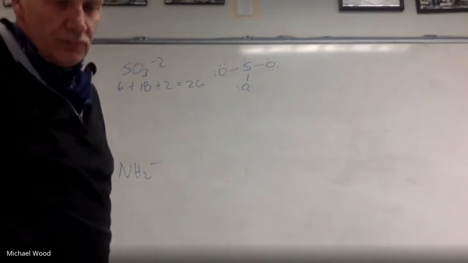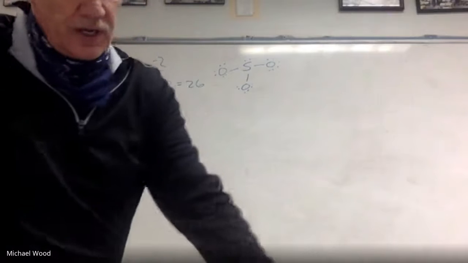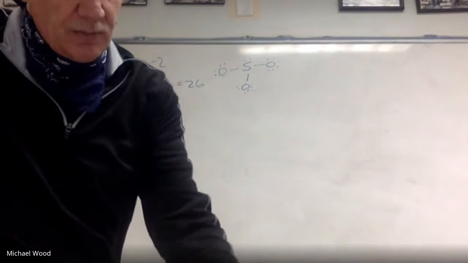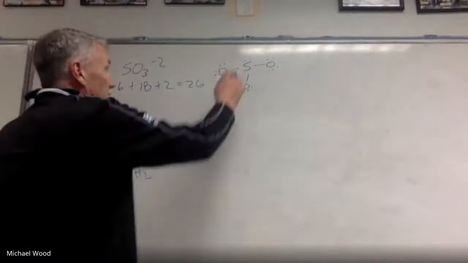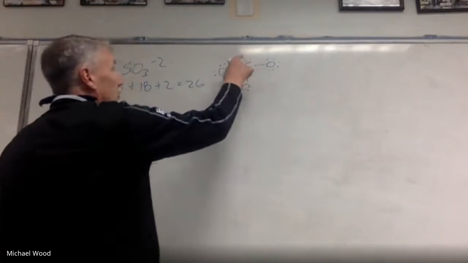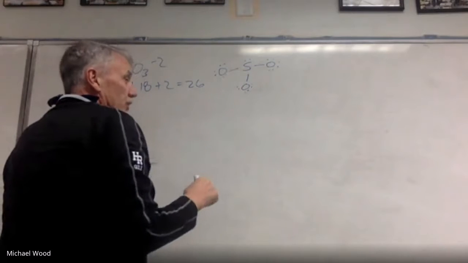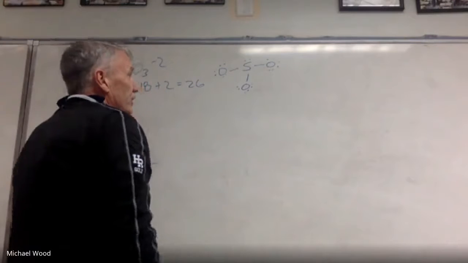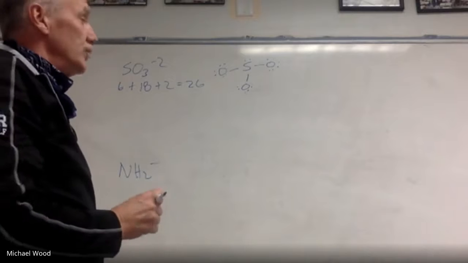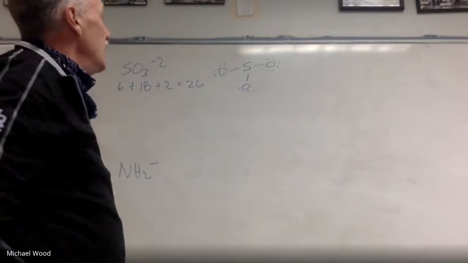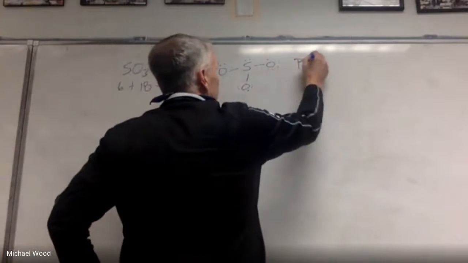So I did the dots, now I'm going to count the electron domains. If I count the electron domains around sulfur, a non-bonded pair is 1, so there's 1, 2, 3, 4. So this is 4 electron domains. This is a derivative of the tetrahedral shape, the 4 electron domains. And so this is like ammonia. So the shape of this is pyramidal.